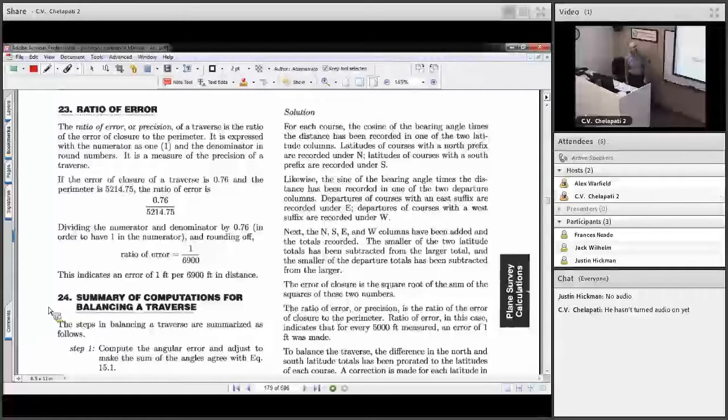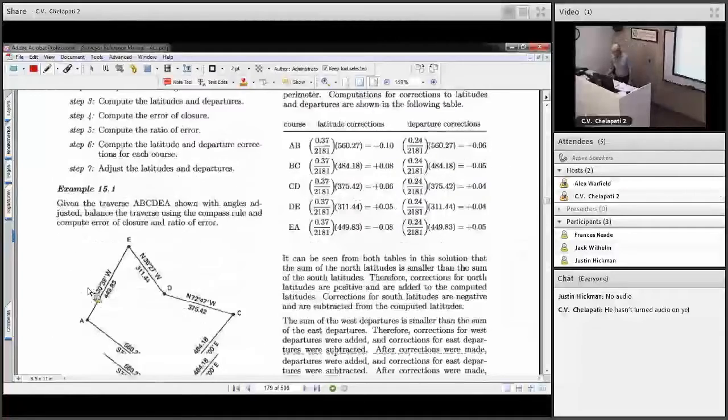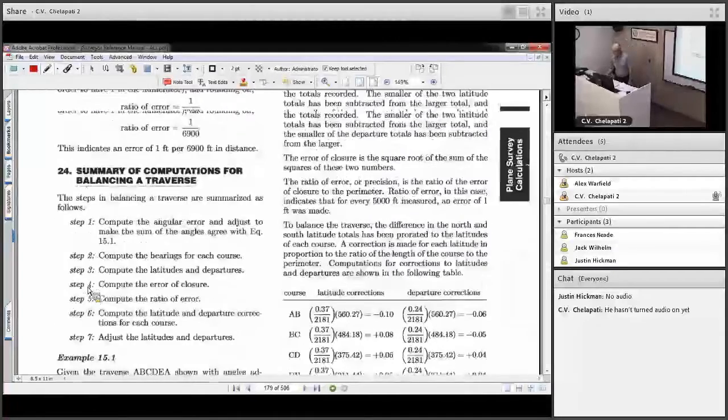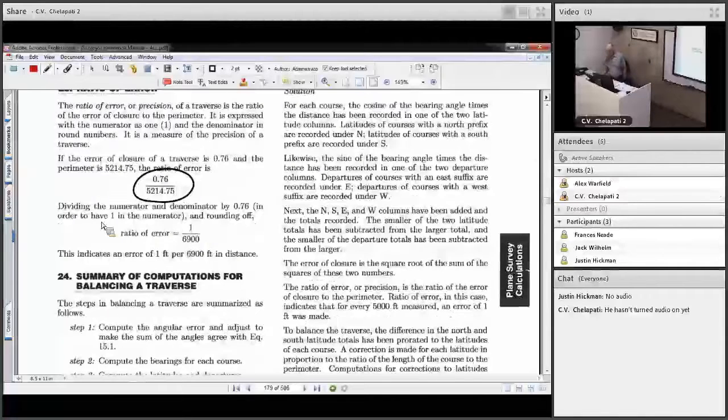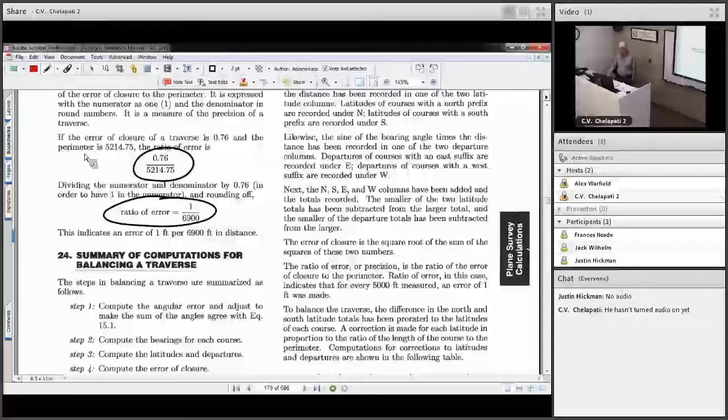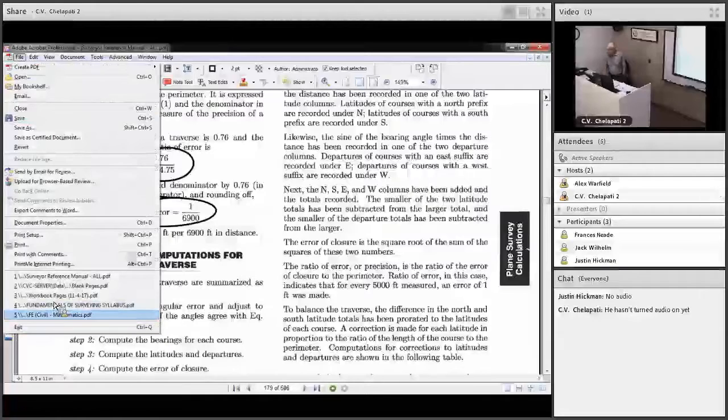We talked about the error of closure. What we're going to do there is calculate the difference in the beginning coordinates and the ending coordinates, and then make a ratio using that error of closure to the perimeter of the traverse, and that's going to give us the accuracy of the traverse. Now, in the handout that I gave you this morning,